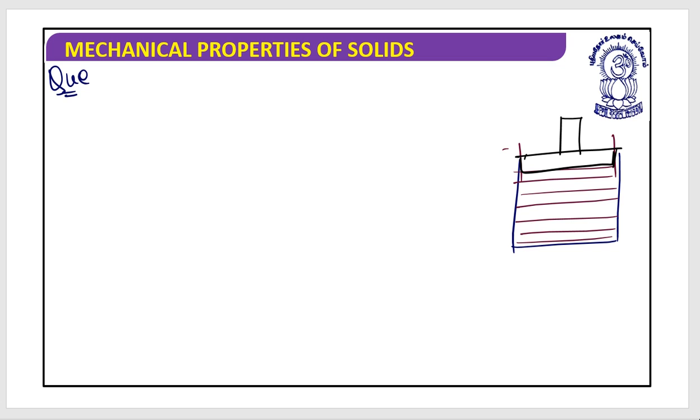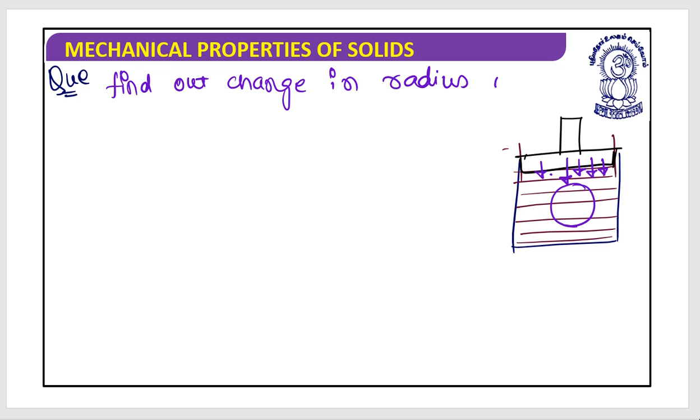And in this we have kept one sphere. If I shift my piston in the downward direction, they will ask me to find out the change in the radius of the sphere